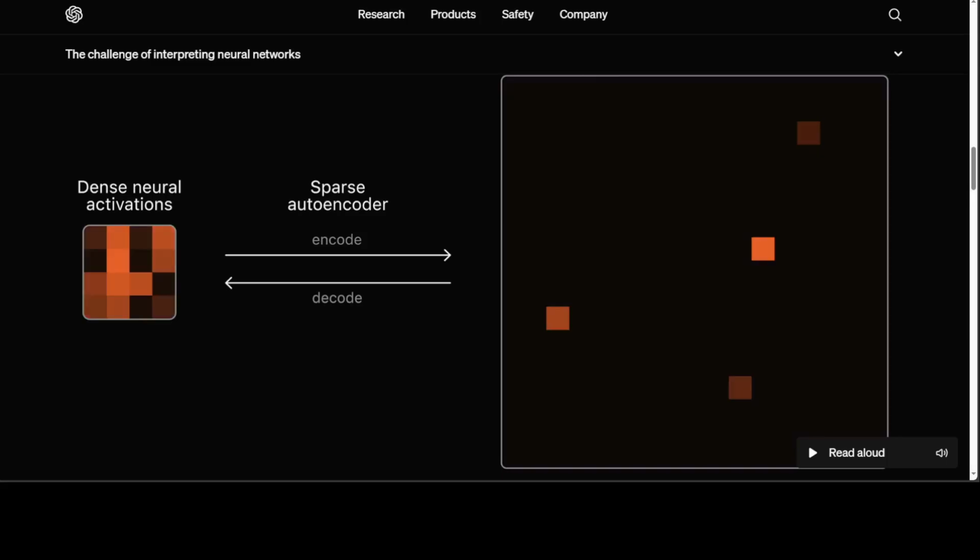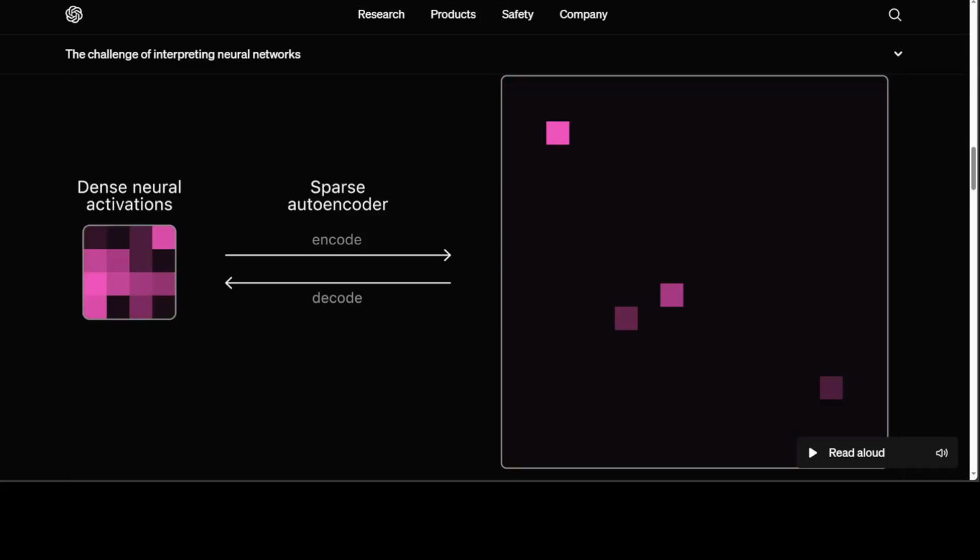The dense part means that each neuron is connected to many others, forming a tight web of connections. As data flows through the network, each neuron gets activated, or turns on, to contribute its piece to the solution. The collective effort allows the network to learn and represent complex patterns in data, like recognizing images or understanding language. Then comes the question of what exactly a feature in a neural network is.